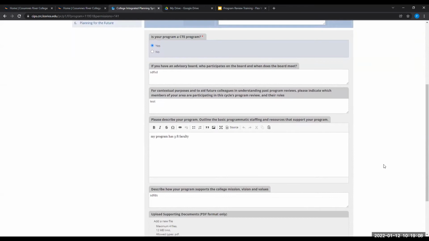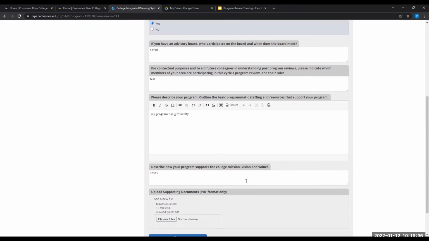Okay, and then the rest of this is you describe who's actually completing program review. This is going to be helpful to a lot of people, because some feedback we used to receive was, I don't know who did program review the last time. I don't really know what to do with the information that's already in here. This creates that historical record of who completed program review, so that we can look back and figure out why it was done the way it was. And then you describe your program,